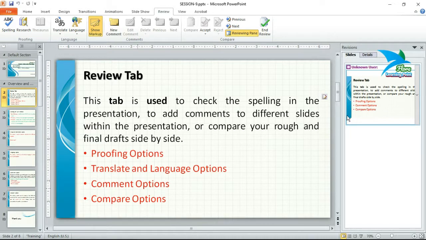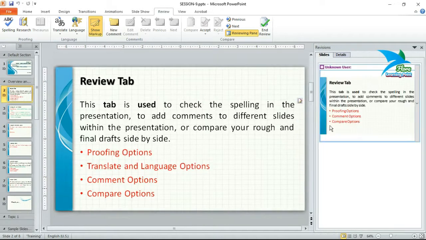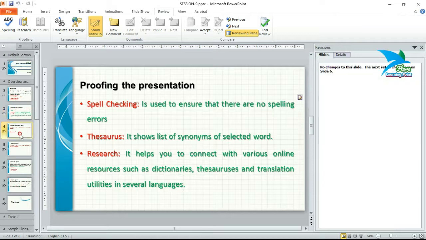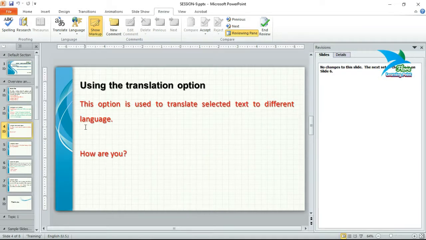Here we are having the main slide and here we are having the second slide that we are going to compare it with. And now you can see that in this view, we are having three options here, and four options here. And when you click on next, here we are having two options, and three options.